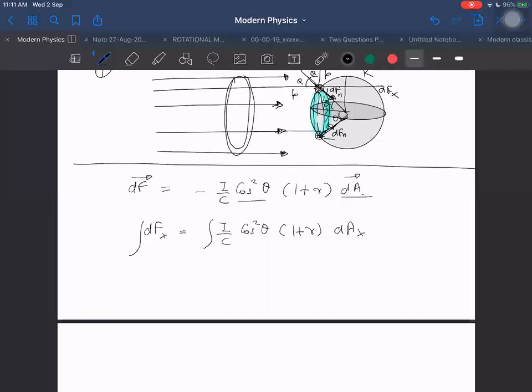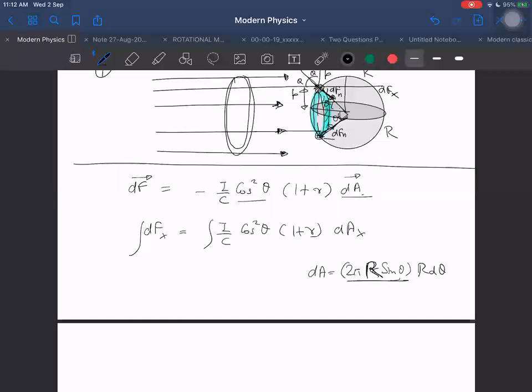But if I take dA, it can be written as r square into d omega, and omega we know is equal to 2 pi into 1 minus cos theta. So I can write r square into d omega, or I can also write it directly. Why am I writing it by d omega? I can directly say that the circumference is 2 pi into r sin theta. Sorry, I should write capital R because small r is for the reflection coefficient. Let it be capital R. So 2 pi into capital R sin theta, that is capital R sin theta, into r d theta.